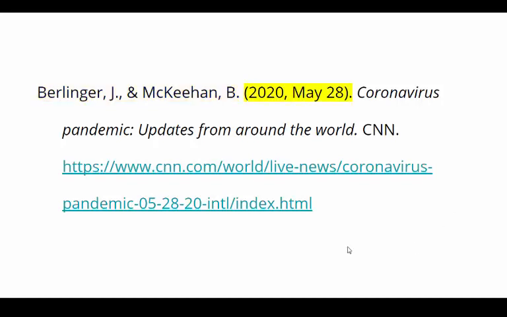Next comes the date. Now this one looks a bit different than the typical date for a journal article or a book because it has the month and the day. With websites, you want to get this specific because they can change and be updated. That said, websites don't always give you this level of specificity. In fact, often they don't give you a date at all, not even a year, which brings me to a